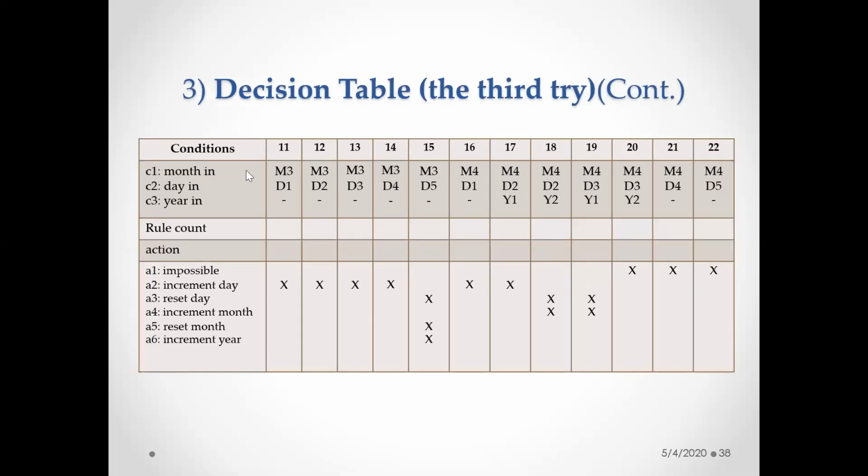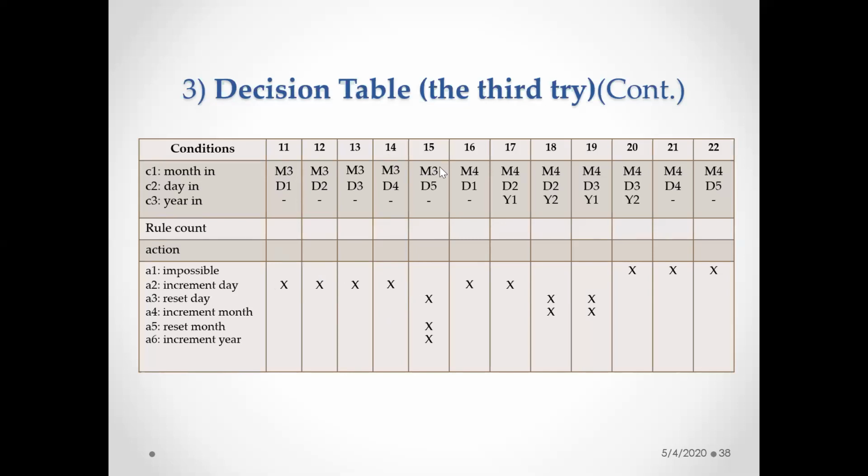Next is M3. With respect to M3, D1, M3 is the December month. I'm not talking about February now. With respect to the December month, whether it is 27, 28, 29, or 30 days, it should be incrementing the day itself, following the same thing, whether it is a leap year or a common year. December does not depend on leap year or common year; with any year it will work fine. So for these 4 dates, for M3, the December month, it will be incrementing the day itself.